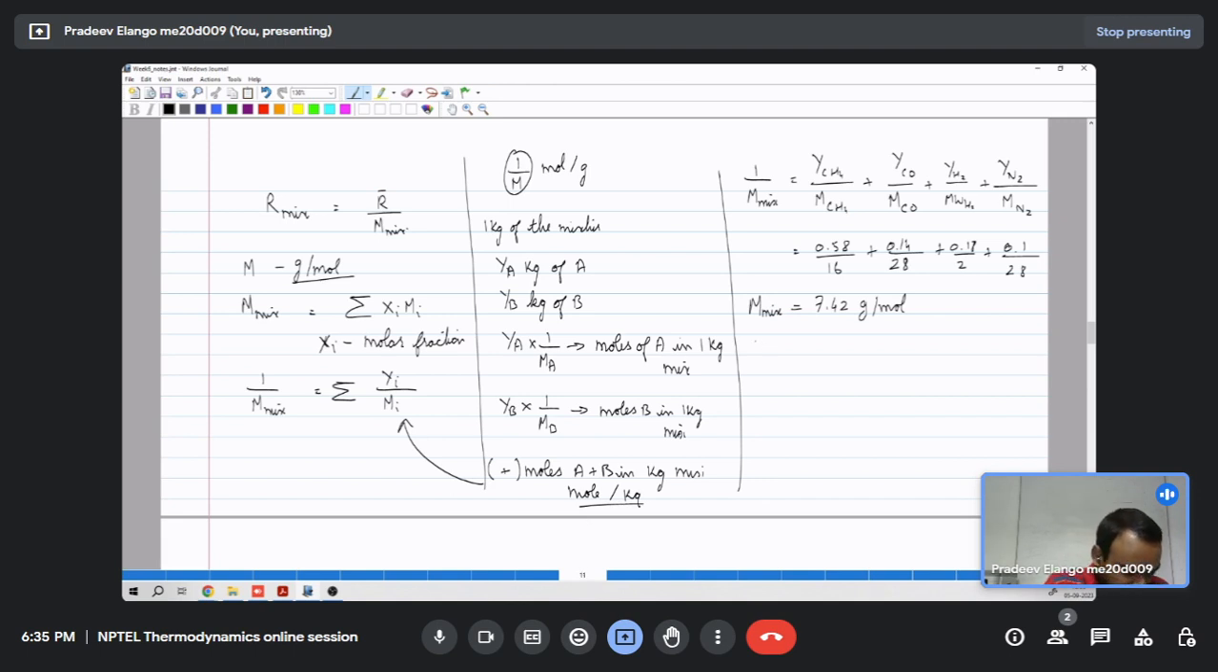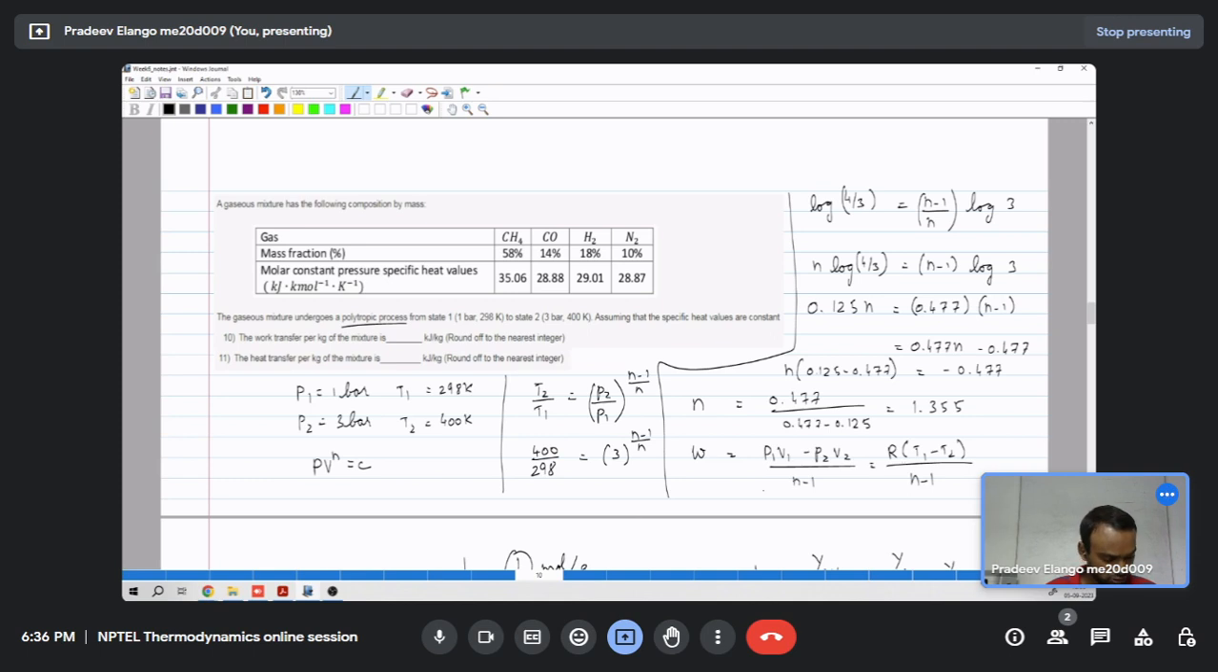Now we can calculate the R of the mixture, which is 8314 by 7.42. That is 1120.5 joule per kilogram Kelvin. Now work transfer is,